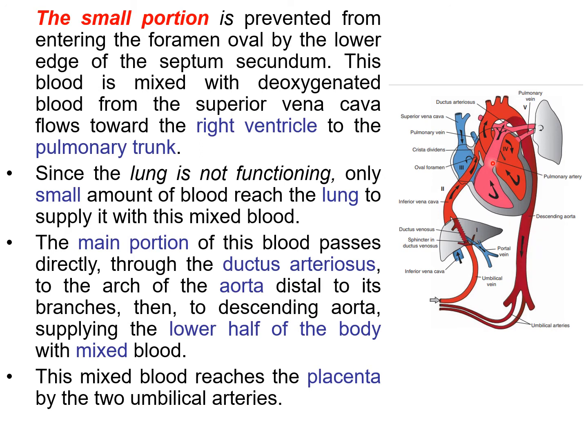Because of the increased pulmonary resistance in the fetal life, pulmonary blood flow is low. So only 10% goes to the lungs. I will repeat again, because of increased pulmonary vascular resistance in fetal life, pulmonary blood flow is low, so only 10% is going to the lungs for its nourishment. Most of the blood passes through the ductus arteriosus into the aorta and finally reaches the fetal body tissues.